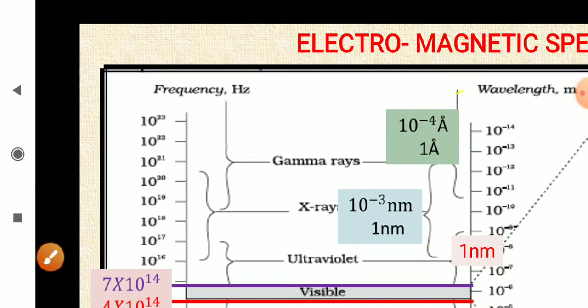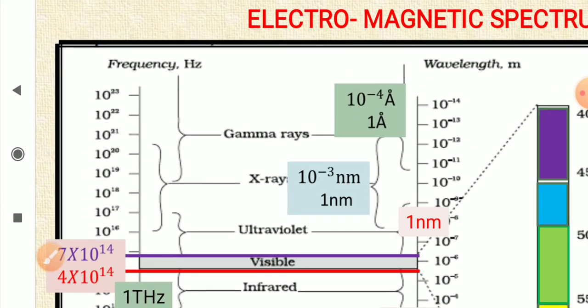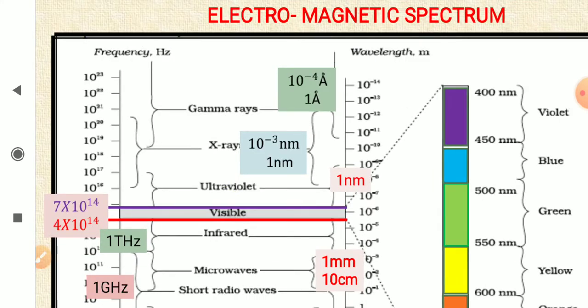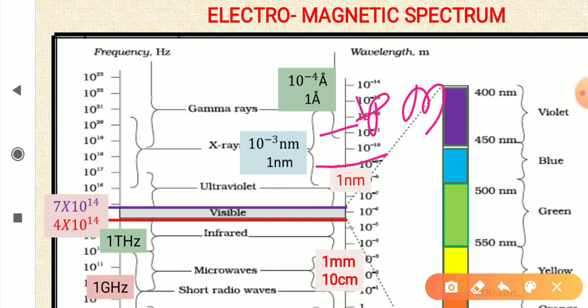But you must have a general idea of frequency range and wavelength range, and these are easier ways to remember, right? Like for X-rays, you can say 1 nanometer to 1 picometer. These are not fixed, but somewhat. And for the visible range, that you have to remember, you always remember that.